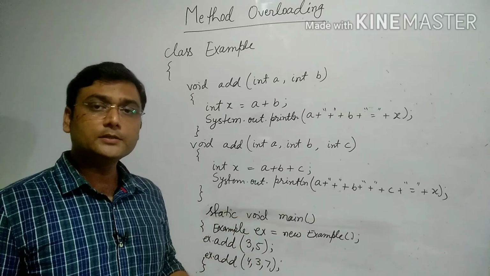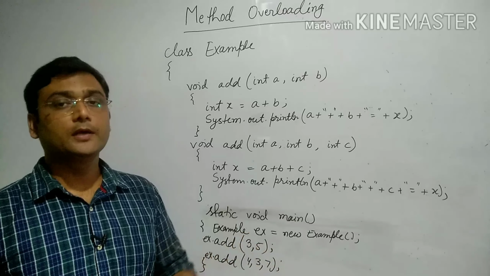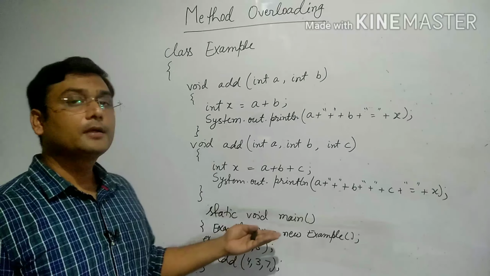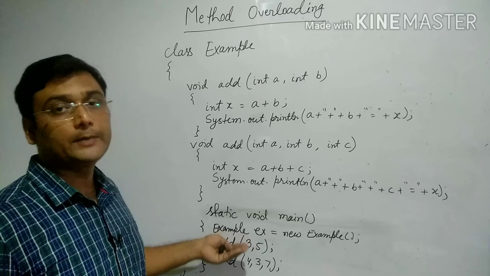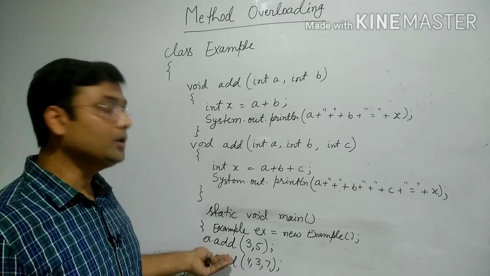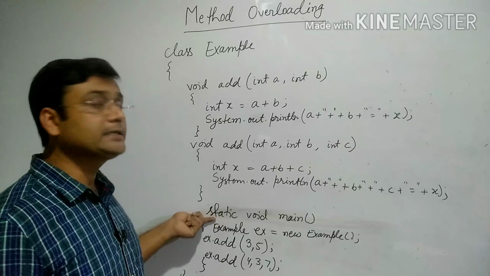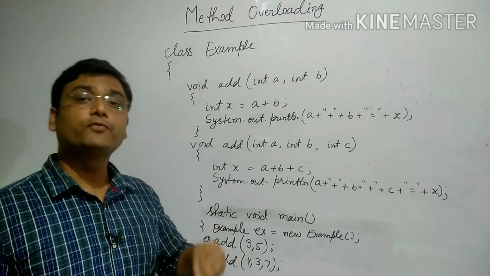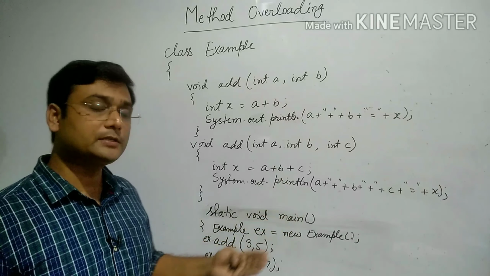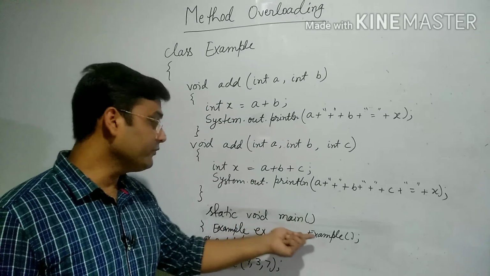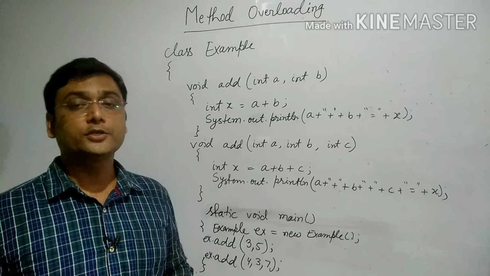I have used this because in the next concepts that we learn in Java, we will create the object every time, and with the help of that object we can call the method very easily. But if we decide that we will not write static in the BlueJ environment, and we will call the method by creating the object through the graphical user interface, then this line we will not write, and this ex dot we will not write here, and it can be executed very easily.